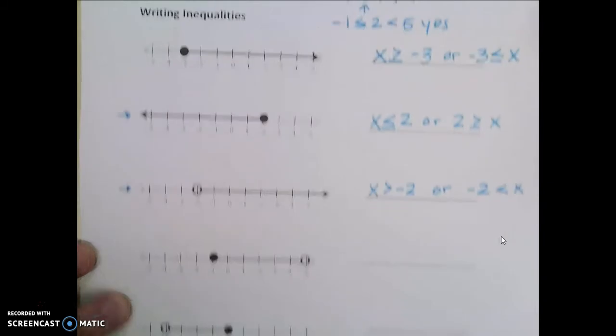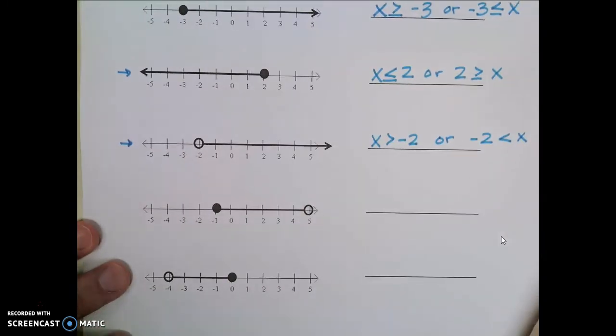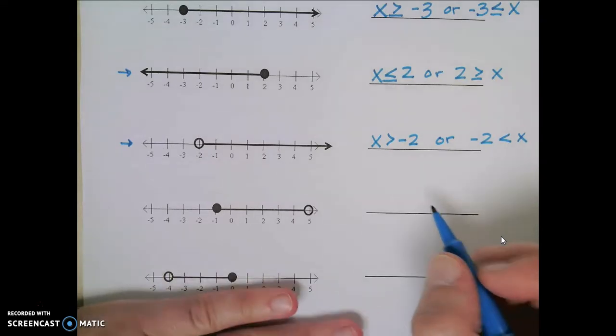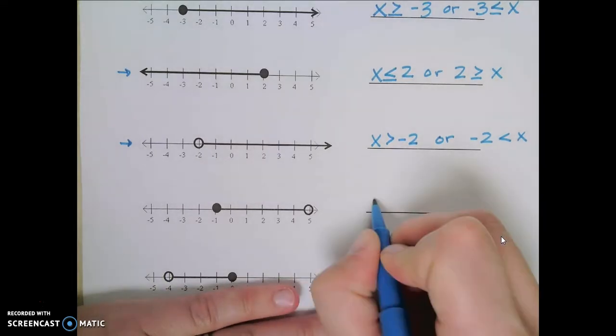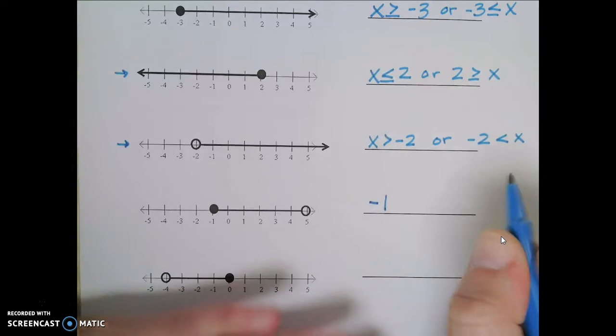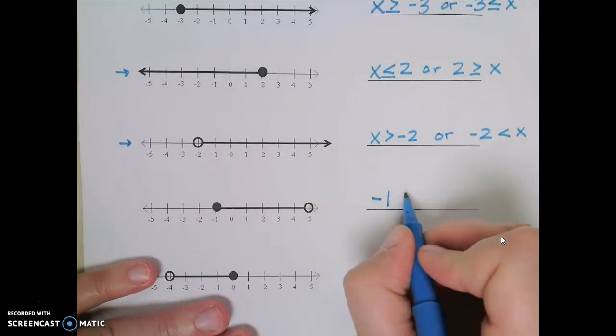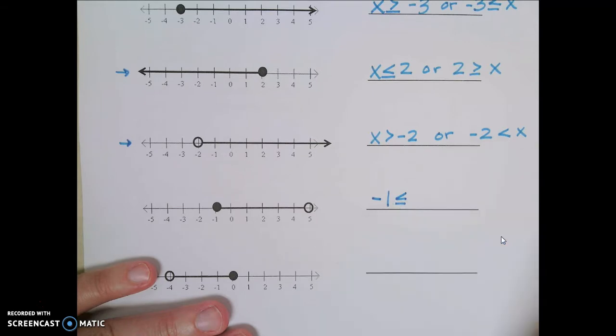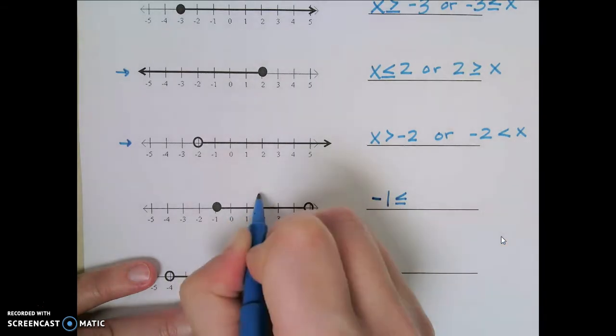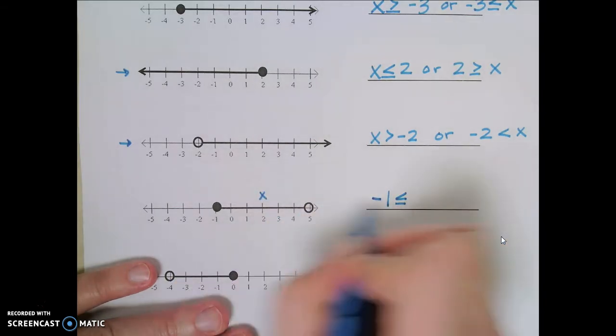Now down here we have 2 double inequality examples. So we're going to have 2 numbers for the 2 circles. So I'm going to start with the one on the left. So -1 is smaller than all these numbers that are shaded. But because it's a closed circle, I have to say less than or equal to. X is the numbers that are in between here. So I'm going to put the x